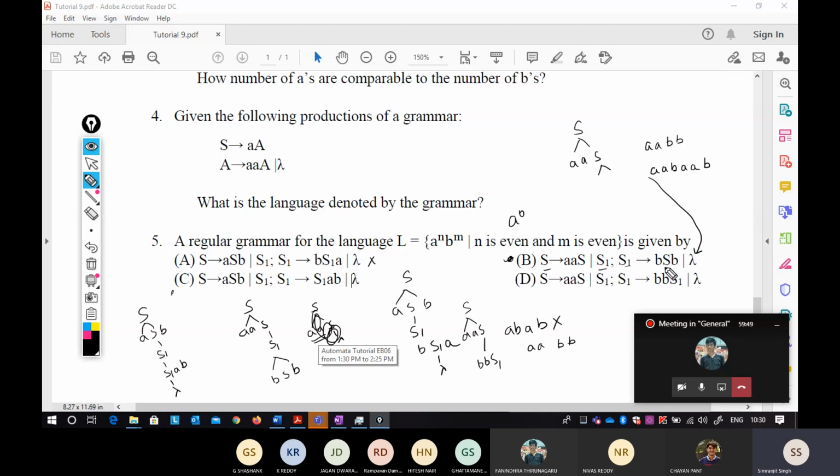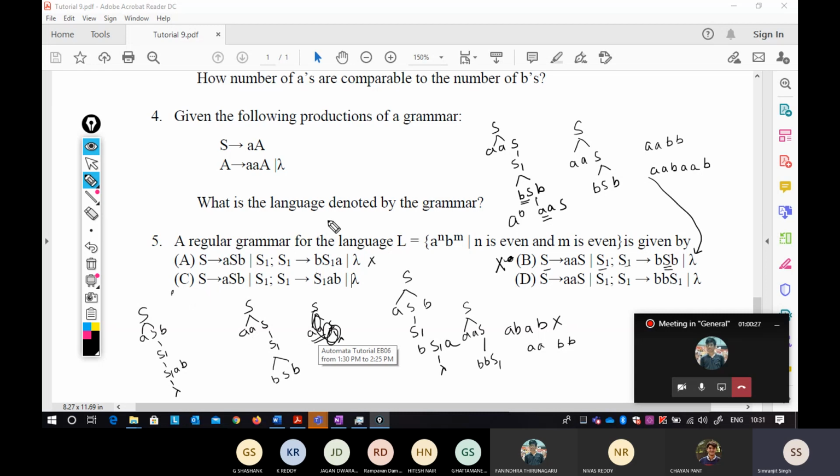Okay, sorry for that. I just confused it totally with the S1. So yes, absolutely, because you can go like this. S tends to AAS, and then you can go to S1, and after S1 there is again an S, so BSB. So from S you can get A, which means that after B, A is coming. That is not possible for us, because after A only B can come, but after B, A cannot come. So that is wrong.